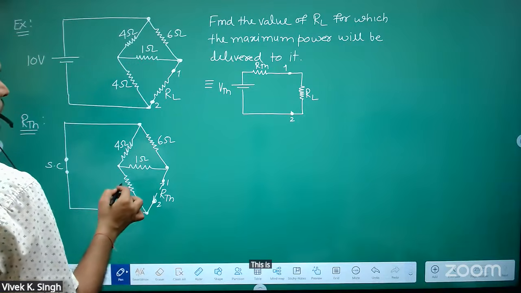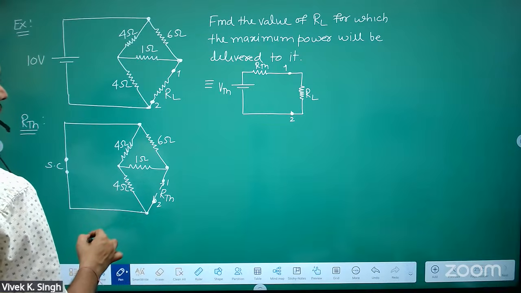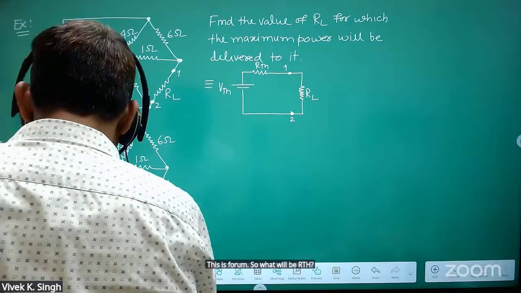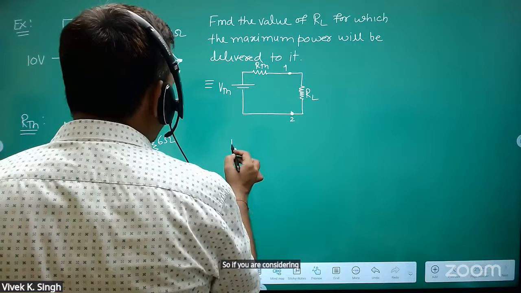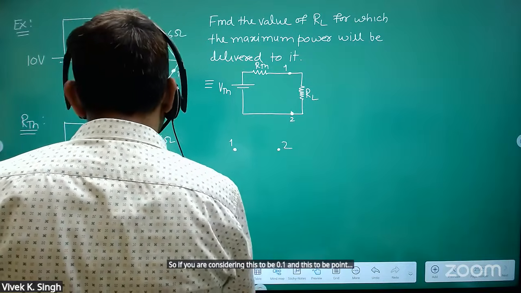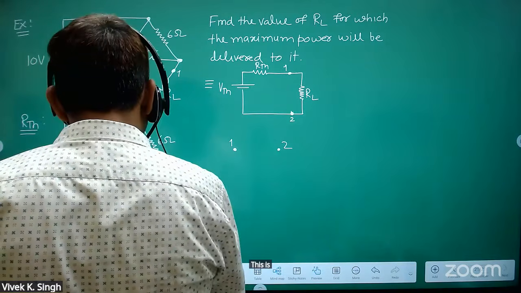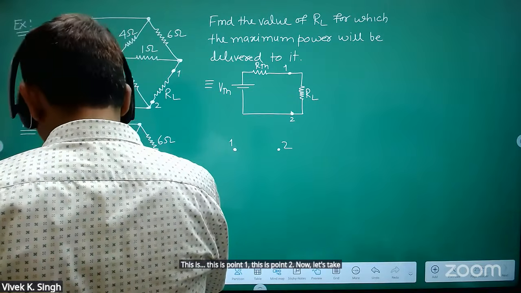This is 1 ohm. This is 4 ohm. So what will be RTH across points 1 and 2? If you consider this to be point 1 and this to be point 2, this is point 1, this is point 2. Now let's take this point to be